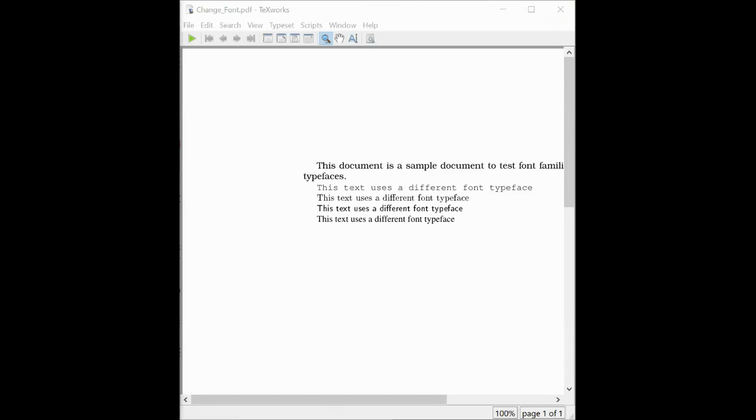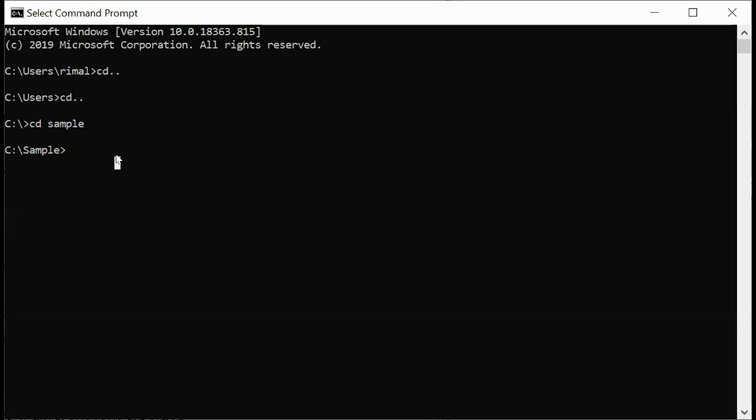So how you can compile it: if you want to have a PDF as output, you have to compile it as pdflatex, then a space and the file name.